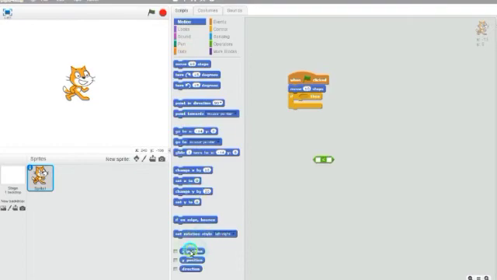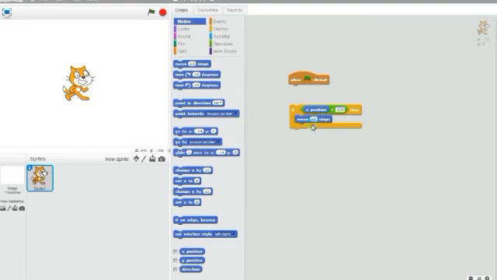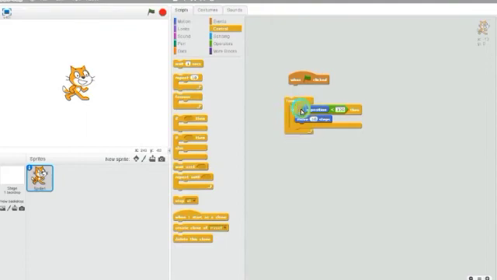I am saying if x position is less than 100, then it has to move 10 steps. Now what will be the result? If my condition is true, my sprite will move 10 steps, otherwise it will not move.